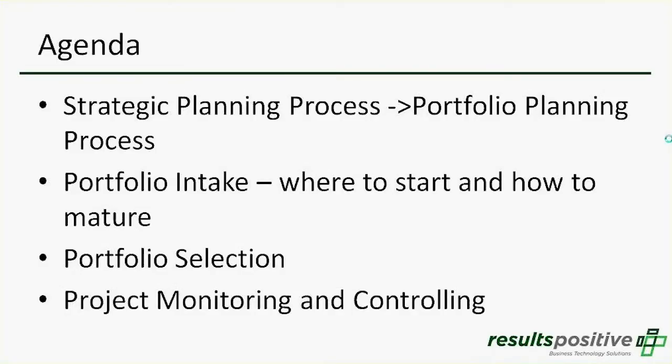So we're going to talk briefly about, again, how strategic planning process and portfolio planning processes diverge. We're going to talk about the intake process, selection, and then project monitoring and controlling and how that feeds into your planning process, because a lot of times what happens with organizations is you kick off a boatload of projects. It's somewhat like that air traffic controller. You get your planes into the air, and then for a variety of reasons things start to shift, and it's